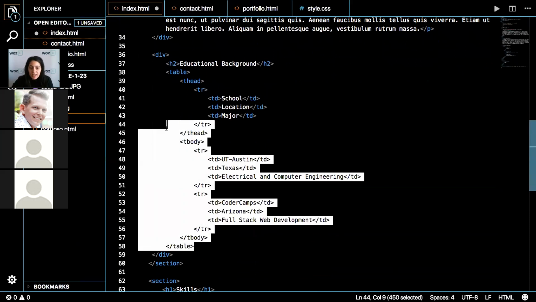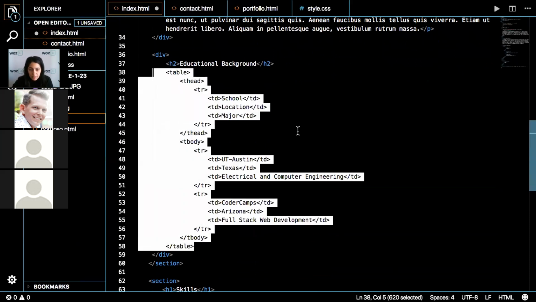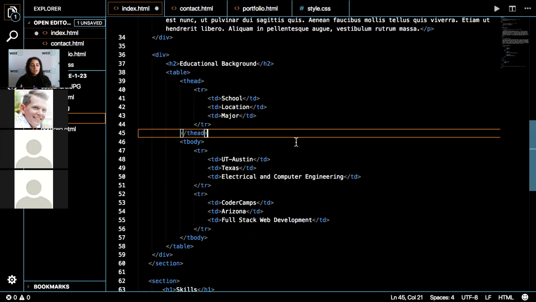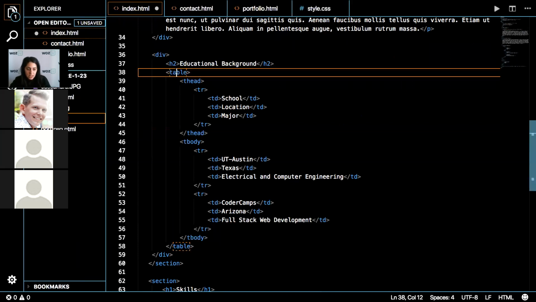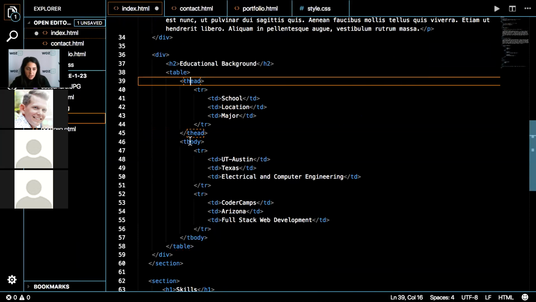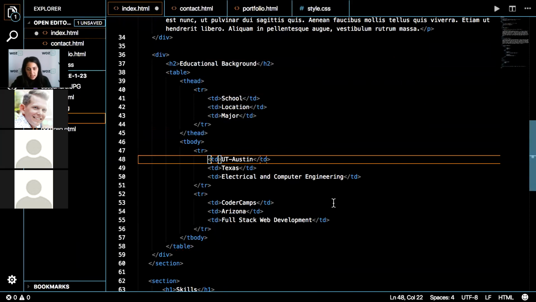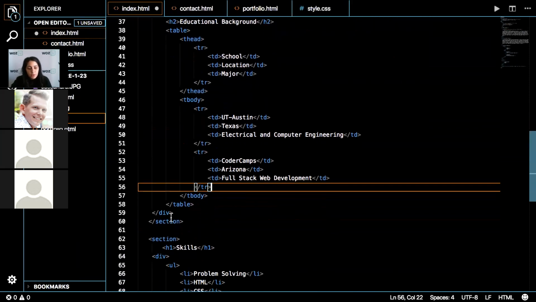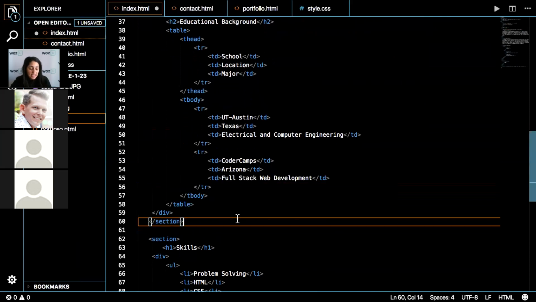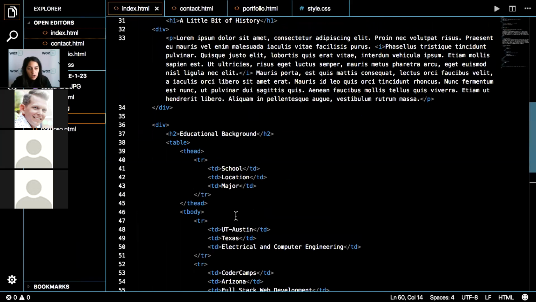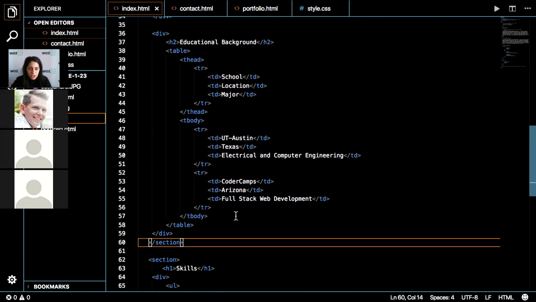So as you can see here, it can get pretty lengthy writing a table. And that's where things can get a little bit messy and complicated, because you want to make sure that everything lines up so it's easier to read, and you make sure that you're closing everything properly. So my tables line up here, my theads line up here, my bodies line up here, my rows are lining up, and my data is lining up. It really helps with indenting to make sure you're not making any mistakes. So there we have our tables. Any questions on tables before I jump into forms?